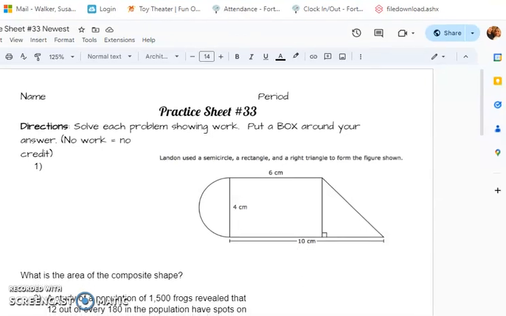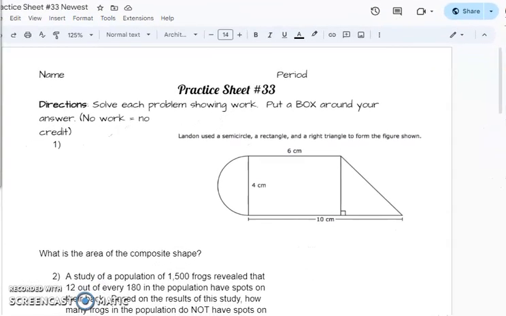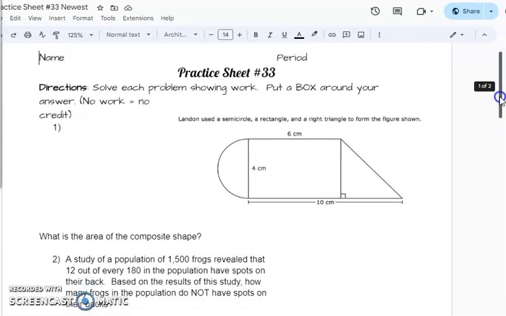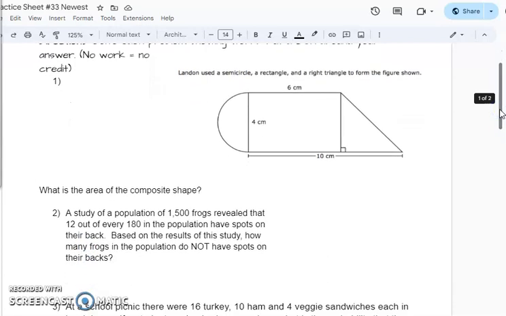Hey everyone, we are working on practice sheet number 33, and we are starting with number 1. It says Landon uses a semicircle, rectangle, and a right triangle to form the figure shown. What is the area of the composite shape? So I wanted to talk about this because it's giving us 3 shapes, but what I would do is I